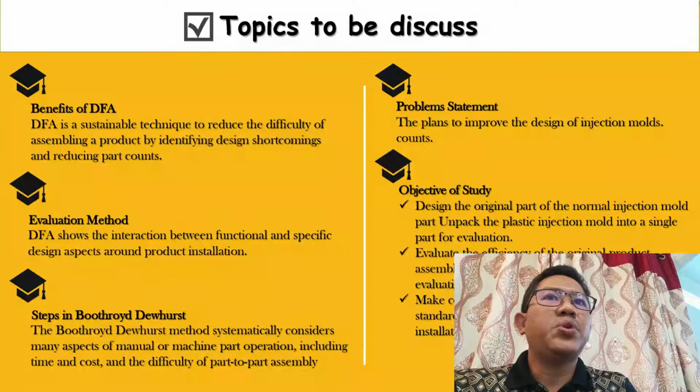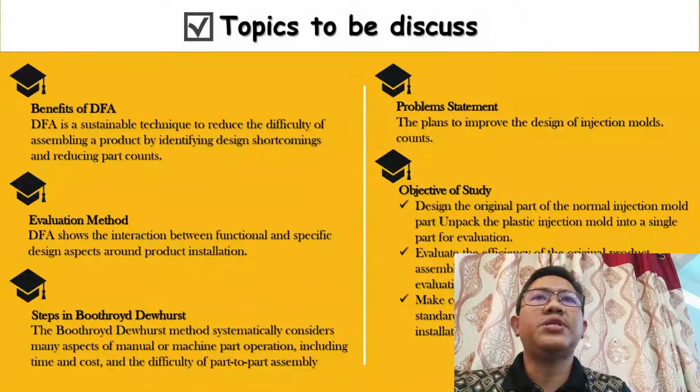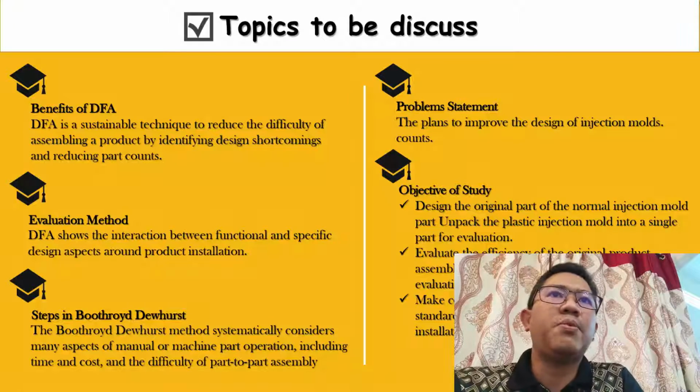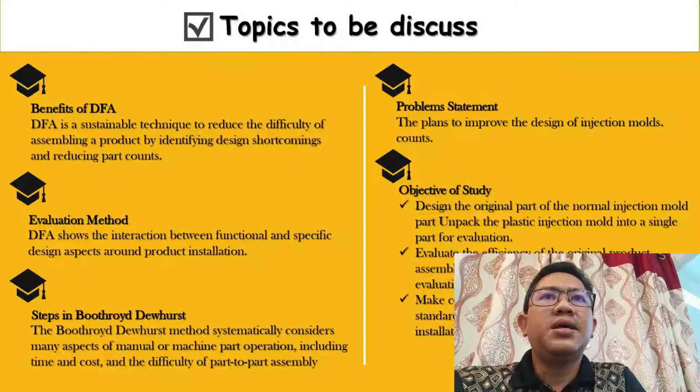Boothroyd, which is the main focus of this project, involves the application of criteria in each section to determine whether it should be separate from all other parts. The concept behind the more standard DFA method is to analyze each component alternately as it is incorporated into an object, measure the complexity of the assembly process, and then add the results to reach the level of numerical assembly complexity. And the next step is